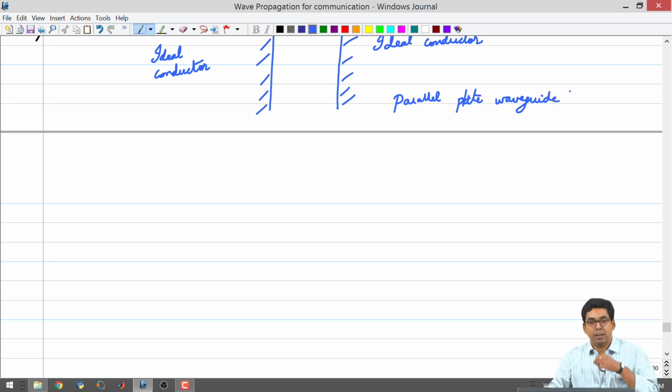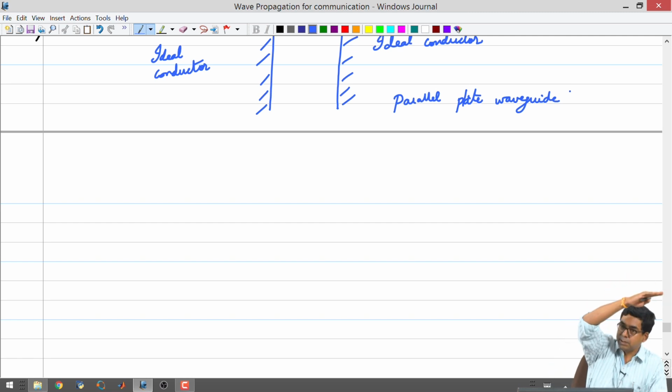Okay. This is known as a parallel plate waveguide. One could also think of what else you can do with a parallel plate waveguide other than having them straight. Well, because you are making these out of ideal conductors, there is no requirement on you to make it completely straight. For example, you could take this, curve it, and make it go 90 degrees to the other side, and it will bounce back and forth and find its way out on the other side.